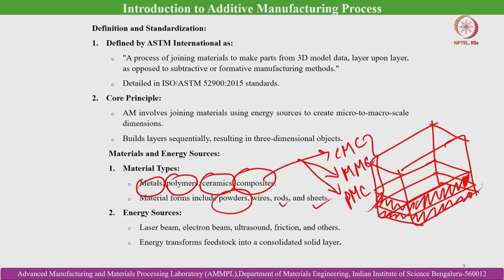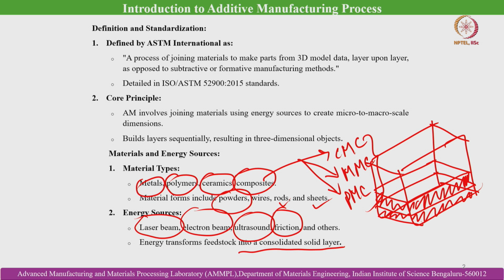And for different forms of the material, there are different energy sources like laser beam, electron beam, ultrasound, friction, as well as other forms of energy sources, which can be employed to perform additive manufacturing and develop parts out of it. So, energy transforms the feedstock into a consolidated solid layer, and then the adjoining consolidated solid layers form the